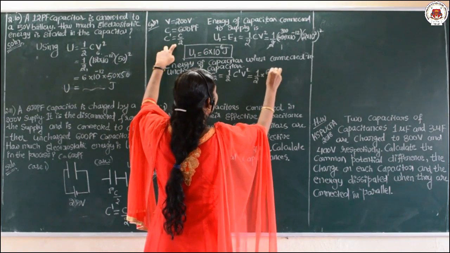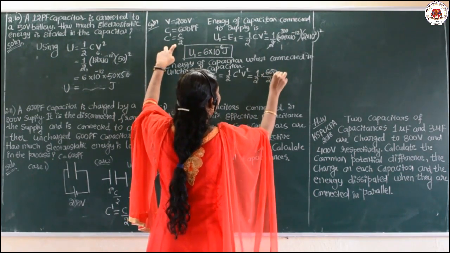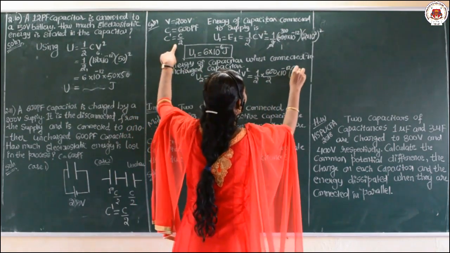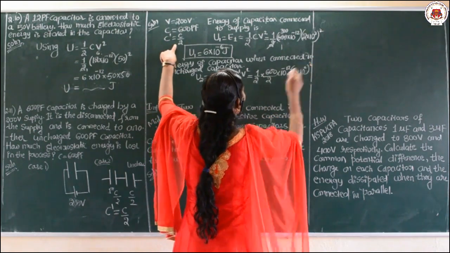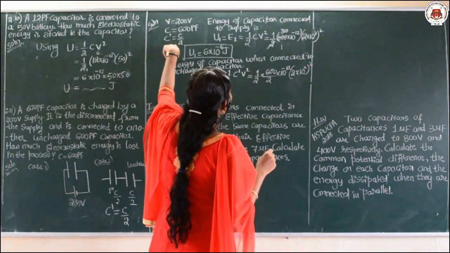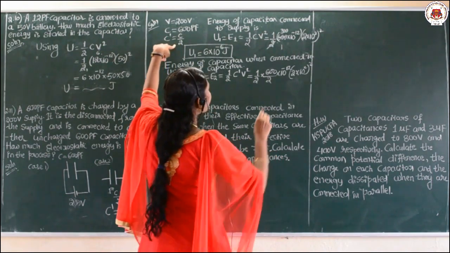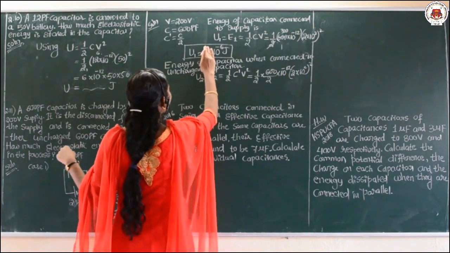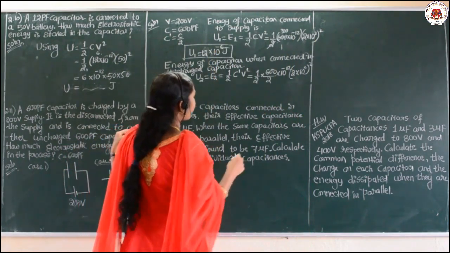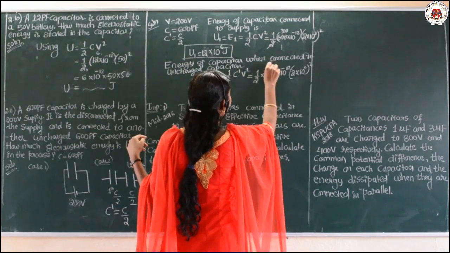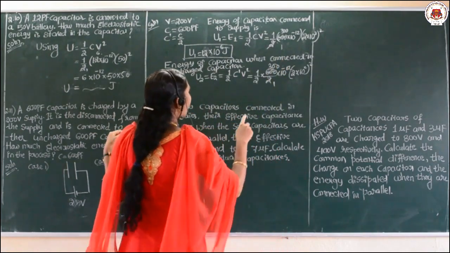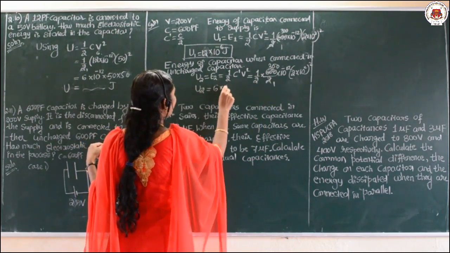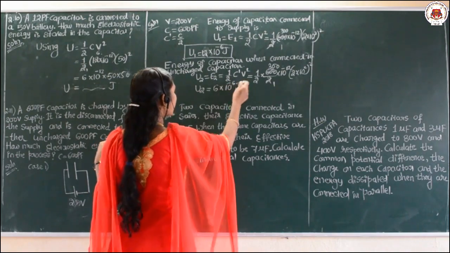C by 2 means how much? 600 upon 2, picofarad means 10 raised to minus 12. Again same thing here, 2 into 10 raised to 2 whole square. Am I clear? And sorry, here the answer should be 2 twos are 4, 4 threes are 12, right. Then 2 ones again same, and 12 divided by 2 means U2 will come, it is 6 into 10 raised to minus 6 joules.